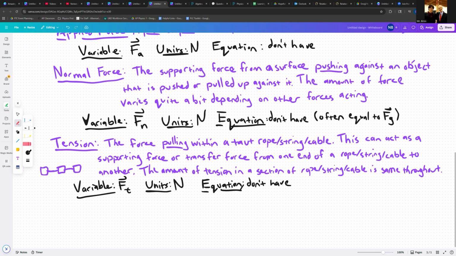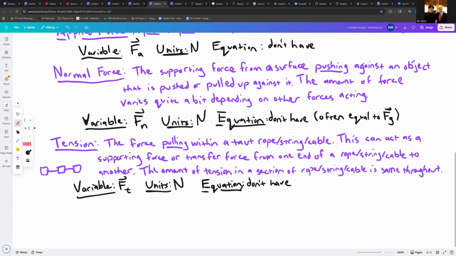Depends how hard the people pulling at the ends of the rope for the tug of war are pulling. Or sure, you could hang a lamp from the ceiling, but if your kid jumps up and starts swinging from the lamp and there's additional force, now the tension changes and maybe it breaks and falls. Yeah, the amount of tension really depends on other forces that are acting, and we don't have a unique equation